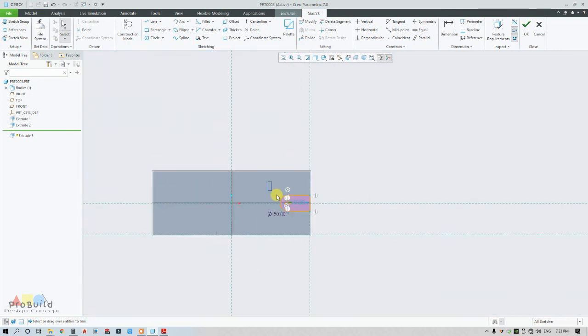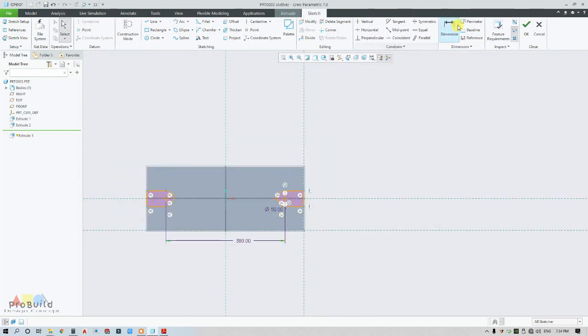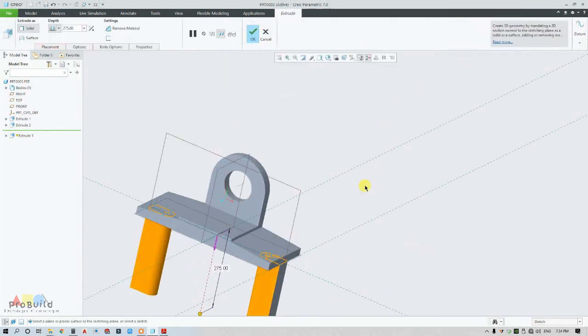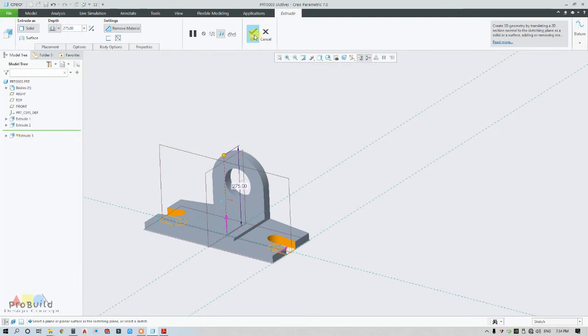So I'm going to select this, and 2D mirror against this, and now the center to center distance is 380 actually. Yeah, that's it. It has got fixed. Now in the opposite direction, and it is going to remove the material.